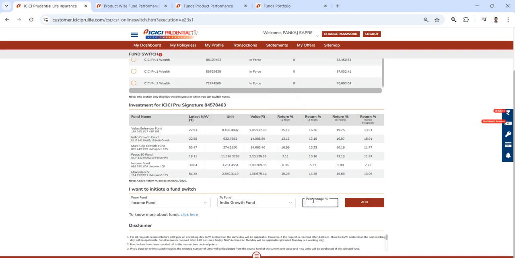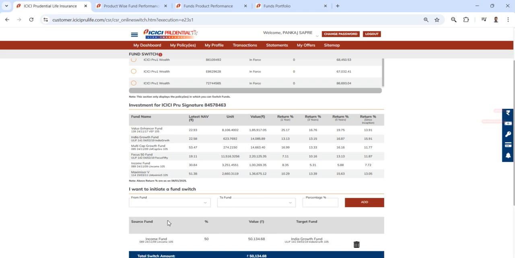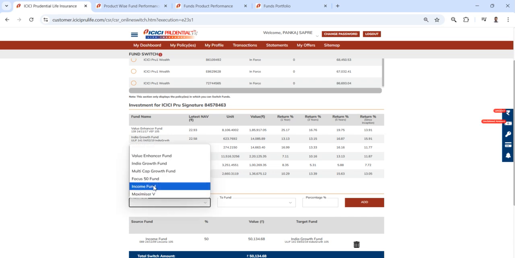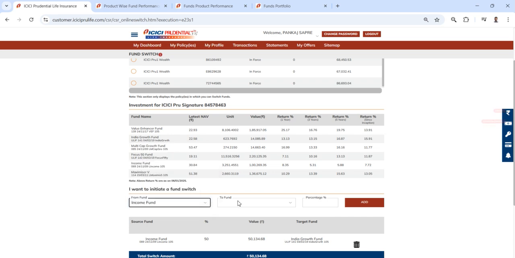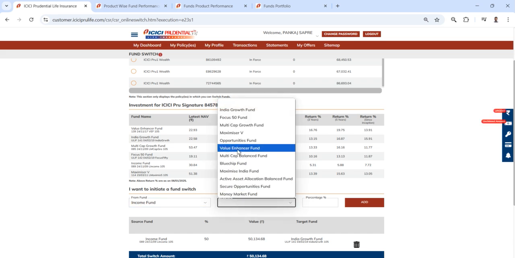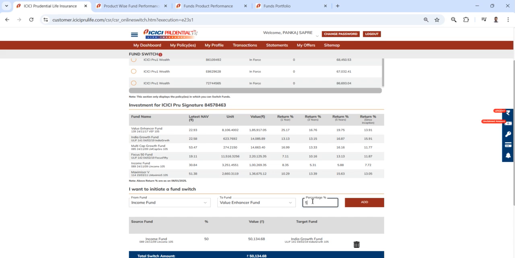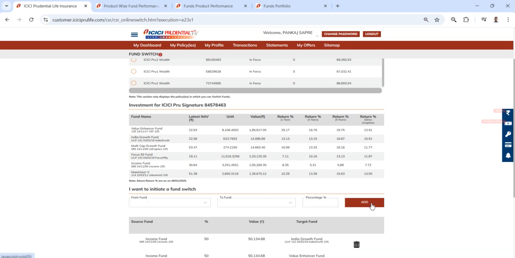add percentage, click on Add. You can also switch into multiple funds at the same time. So here we are switching into two different funds, India Growth Fund 50%, then Value Enhancer 50%. Click on Add, scroll down,